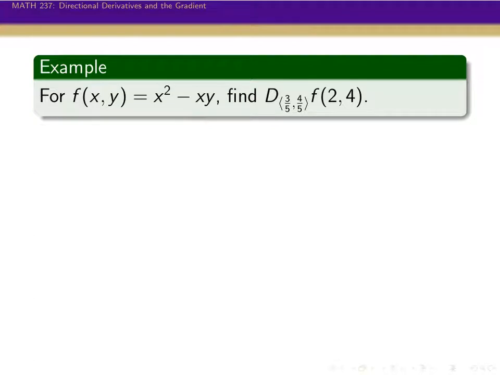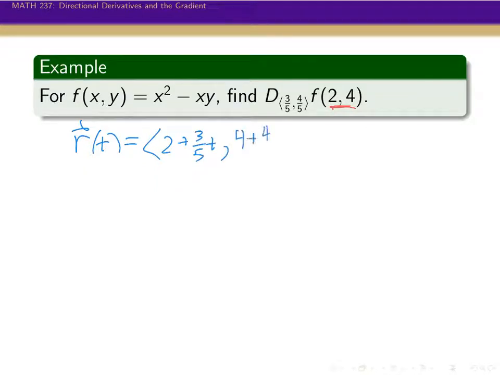Okay, so let's do an example. So our function is x squared minus xy, and we want to find the directional derivative in terms of the vector (3/5, 4/5). And so you can double check that that's a unit vector, and we're doing this at the point (2, 4). Right, so our line here is 2 plus 3/5 t,